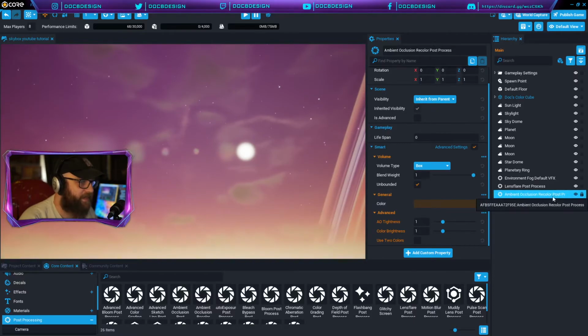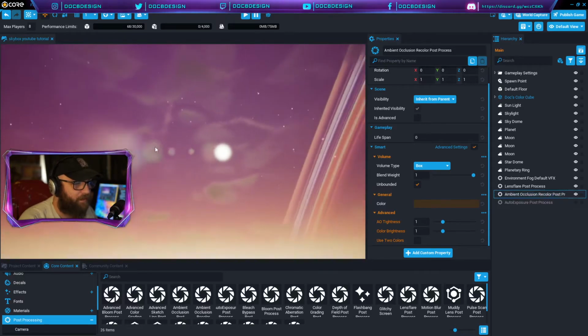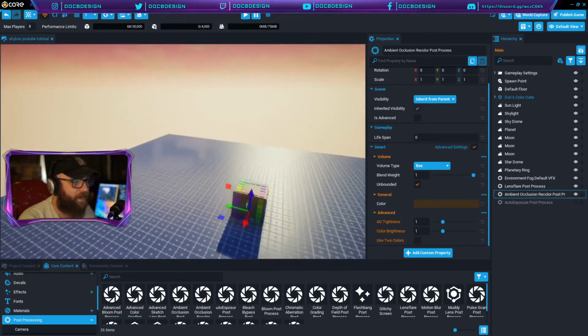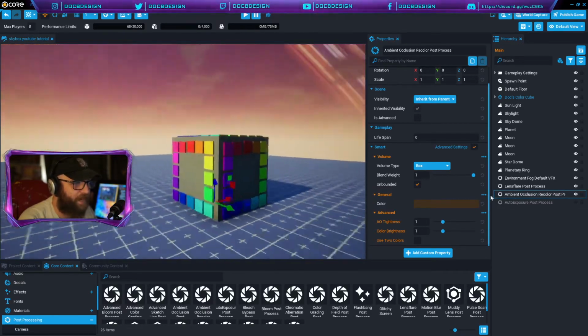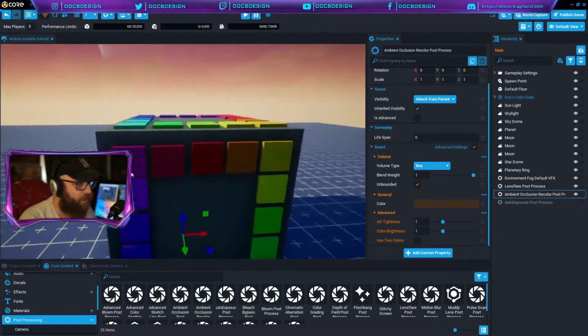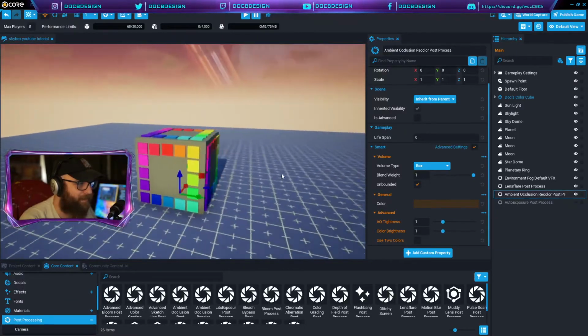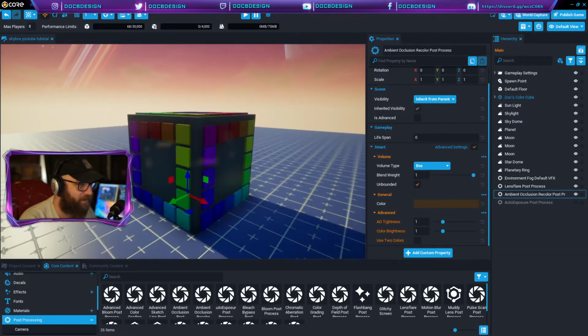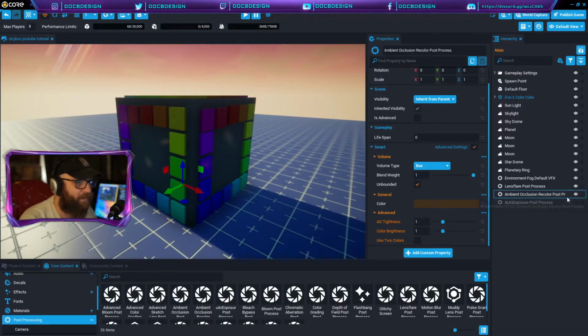Okay, so the next thing here is this ambient occlusion recolor post process. We're going to tick this on so it's visible, and you might be thinking like, okay, nothing's happening, right? I tick this on. I just use this straight out of the box. We're not going to change any properties about this, okay? But we do want to make sure that it's on. Now, nothing will change in the sky, but if we come back to our cube right here, remember this cube is all about showing you how colors will change in your map and how shadows will change in your map as well. If we look at this ambient occlusion,